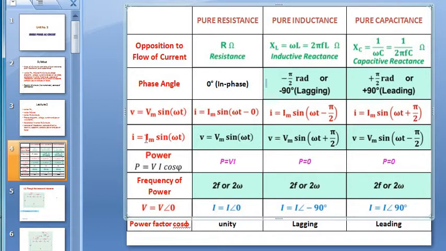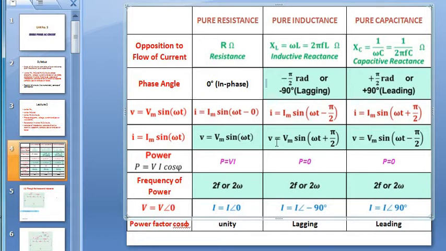Now, if V is equal to Vm sin omega t, these are the equations of current. Now we are assuming that if I is equal to Im sin omega t, what will be the different equation for the different cases of voltage? Okay, if I is equal to Im sin omega t for pure resistance, since phi is equal to 0, there will not be phi in this equation. Therefore, V is equal to Vm sin omega t.